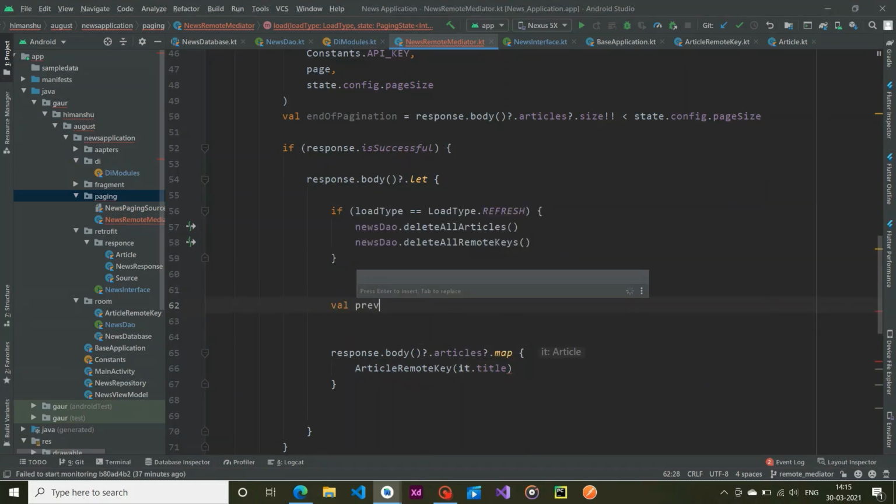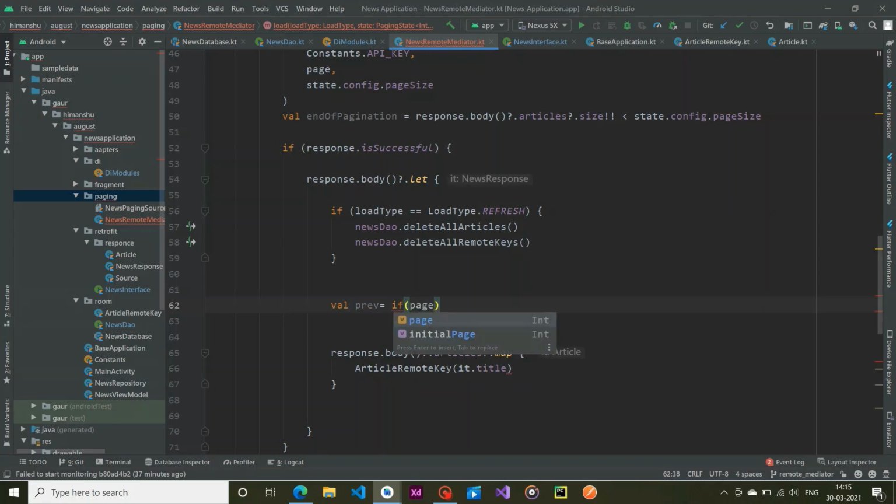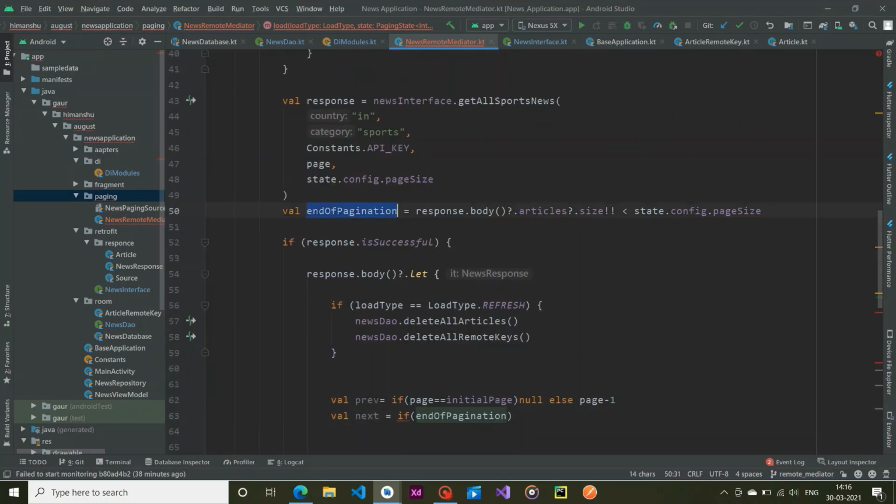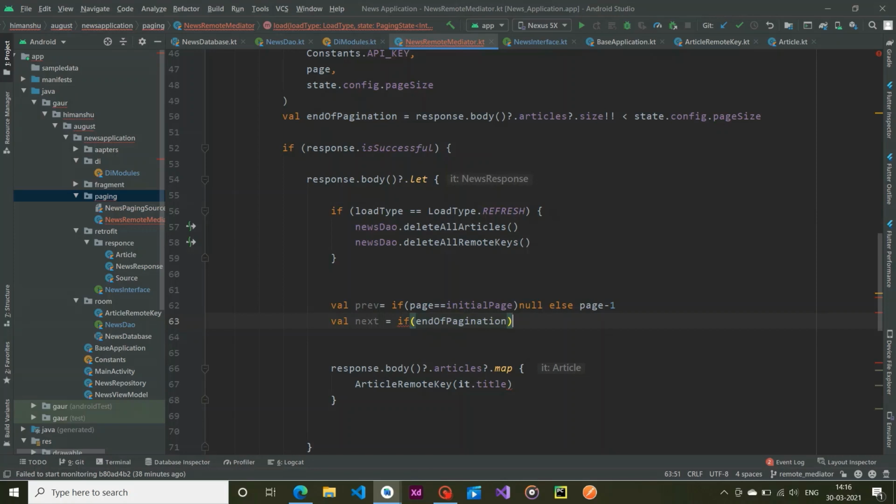So for previous, if our page is equal to initial page, that means we are in page number 1. When we are in page number 1, we don't want to return anything, and else, if it is not the case, then we return page minus 1. Similarly for our next one, if end of pagination is true, that means we are reaching the end of paging.